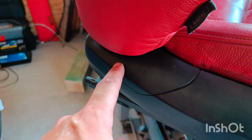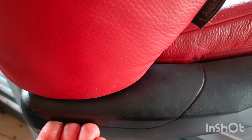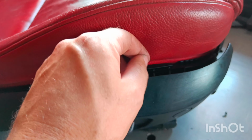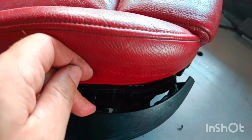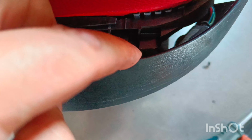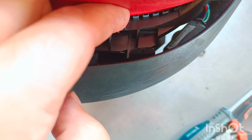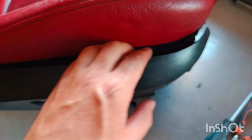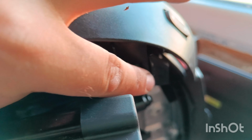I tried to remove this back panel, which I couldn't. I managed to open here, but I couldn't pull it out. So I carried on with here. Here's a tab right there, and here I managed to pull this off, and I believe that I can release the whole panel from the bottom now. Now here's the bottom, this one,